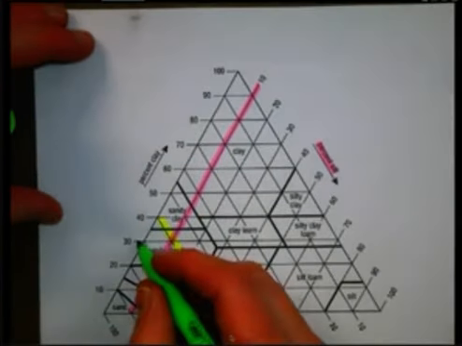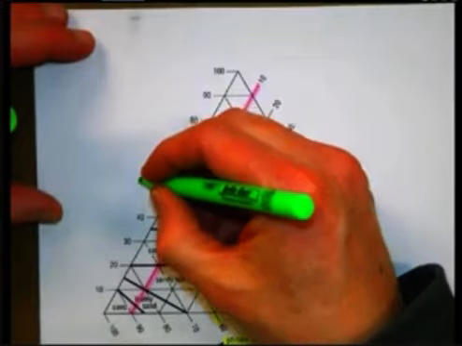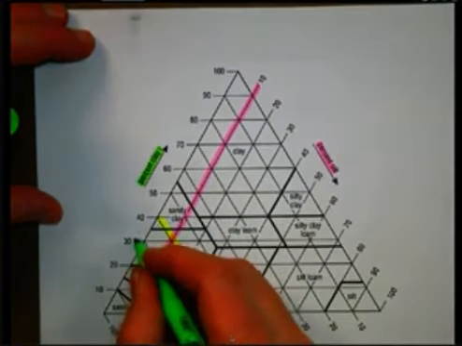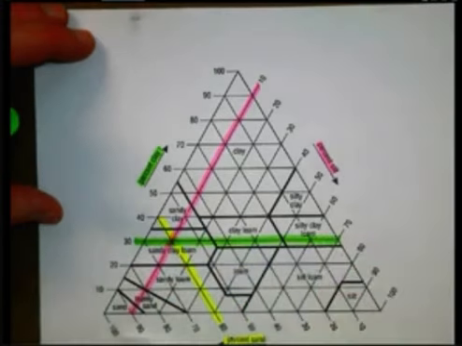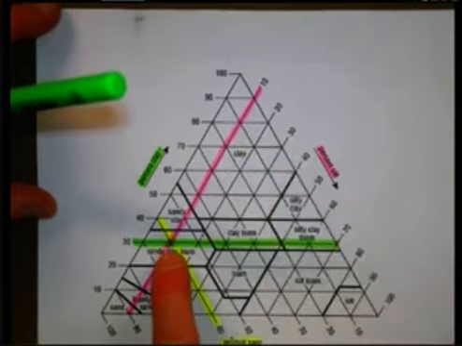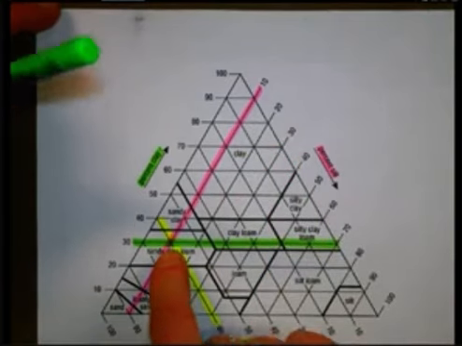30% clay. There's the clay axis, by the way. And there's the 30% line for the clay. And I go across there. And again, it doesn't matter what's happening out here where these lines are. It's all about where the three lines intersect. It indicates what that soil texture classification